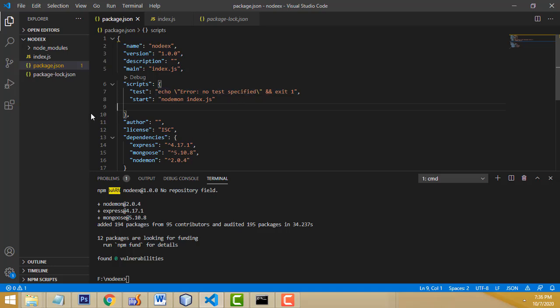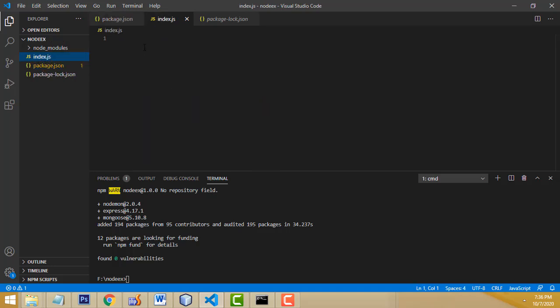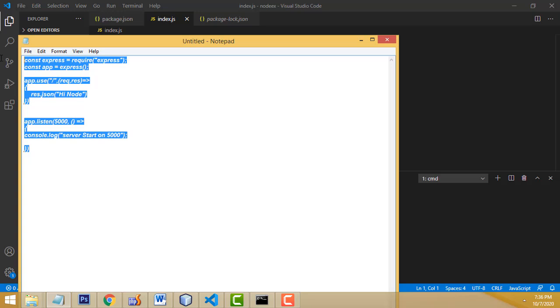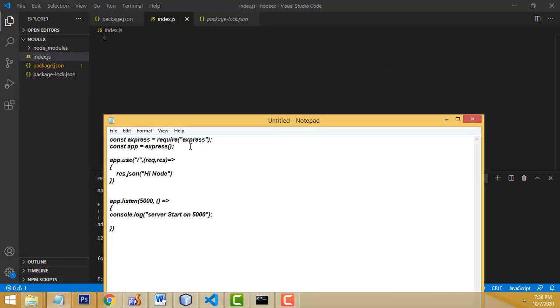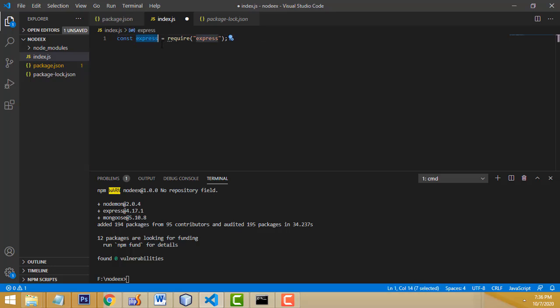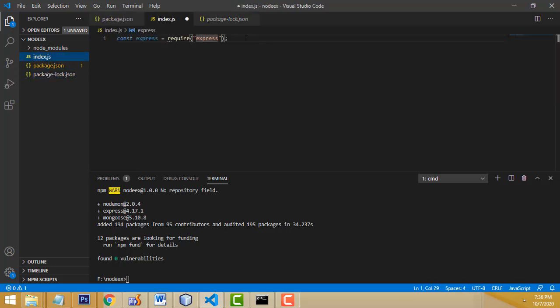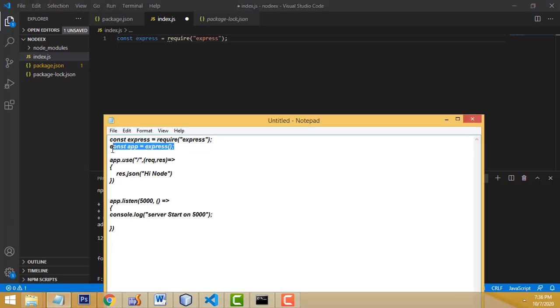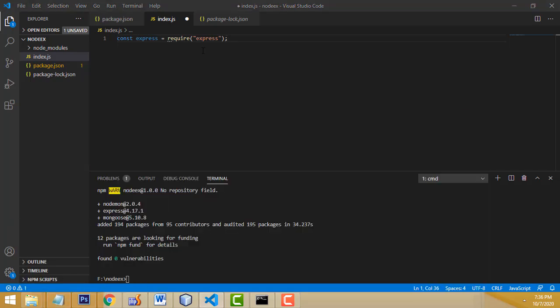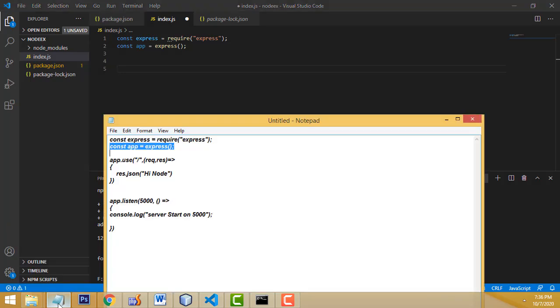Okay, now what I am going to do is go to this file, index.js. Here I don't need to write again by hand, I just copy this. First I am going to implement this express module. I press Control C to copy, and paste it here, right. This is the express module, this requires express. If you install express and everything, we have to get them, right. After that we have the app. Control V to paste here. If I type this, it takes too much time to complete, so I just paste.